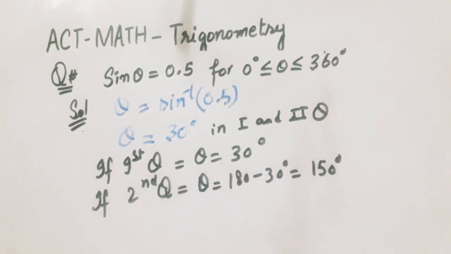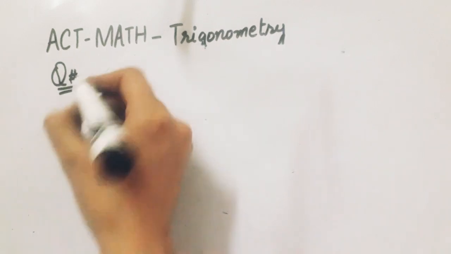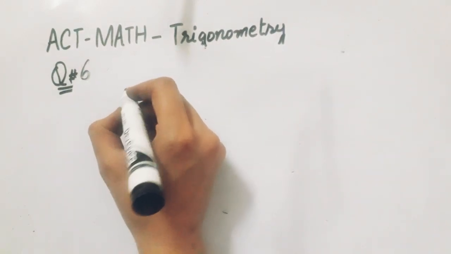So we have two angles, 30 degree and 150 degree, because of the condition of sin theta, because sin theta is positive in the first and in the second quadrant. Now we will solve an important question, question number 6, that is